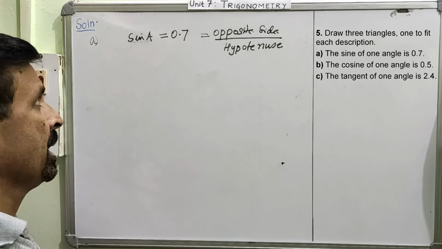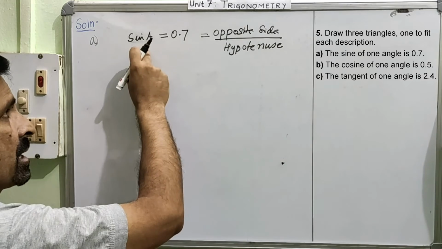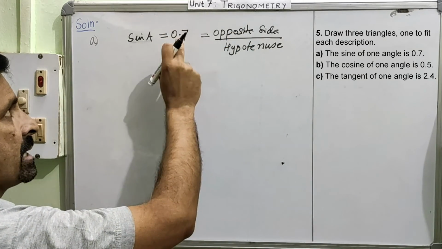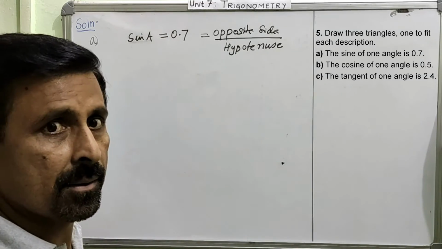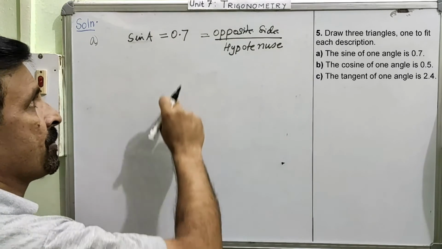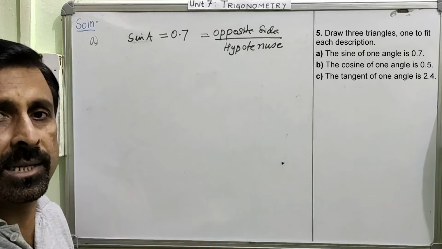Is this okay? Now, you have the ratio of this in the fractional form. You have this trigonometric ratio in the form of ratio. But the value that you have is given in the decimal. So if this can also be converted into ratio, the purpose will be solved. There only you will get the answer.